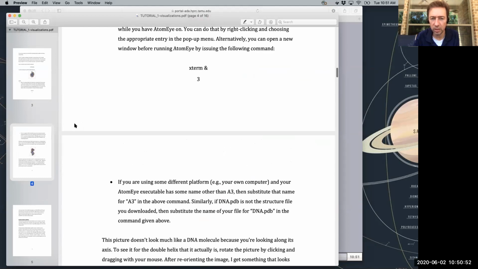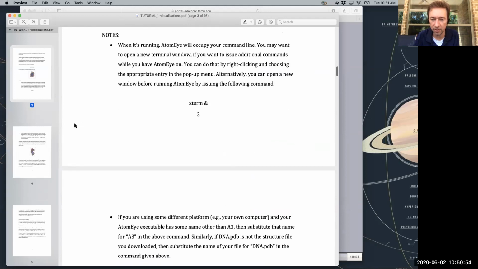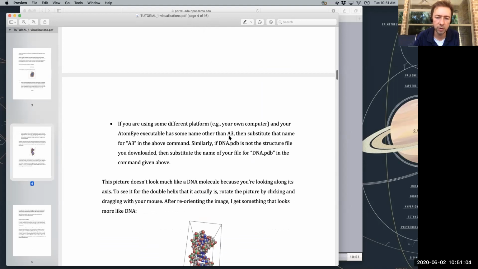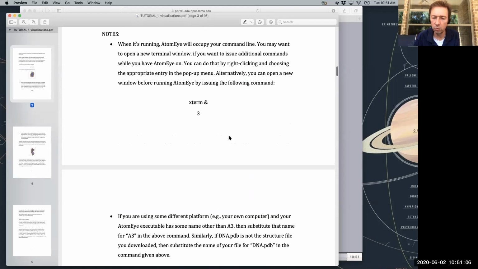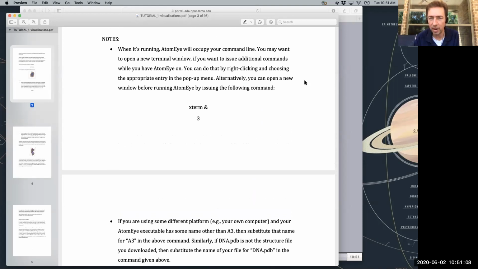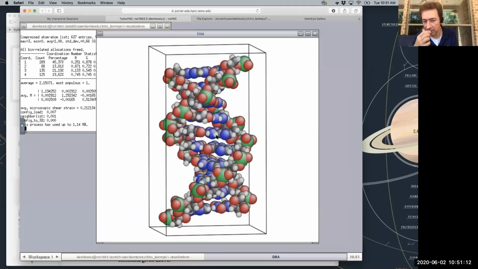Okay, I'm assuming that everybody has made it this far and has been able to do all this rotation and shifting and everything, as well as the periodic boundary conditions. So I'm almost done introducing Atomi to you. Just a couple of things that I wanted to say. One of the reasons that I like Atomi is because it's really, really easy to use.